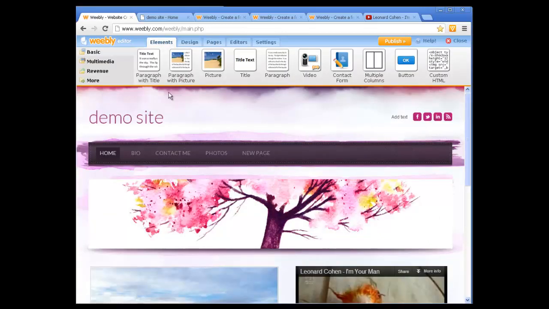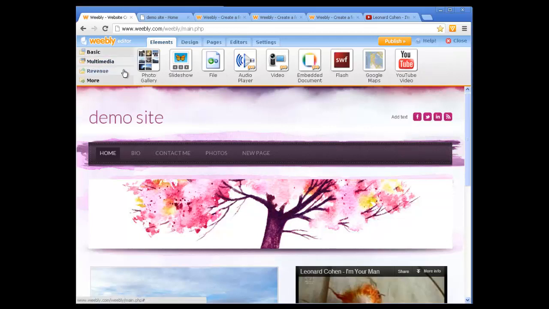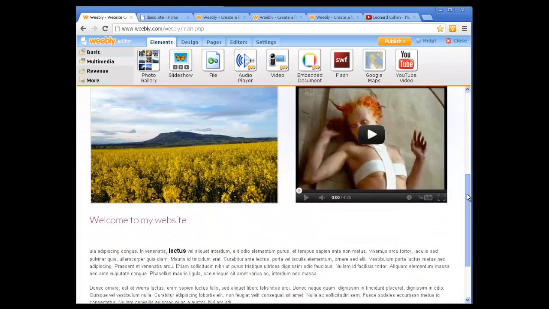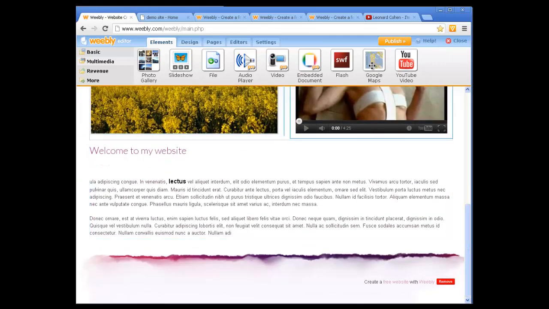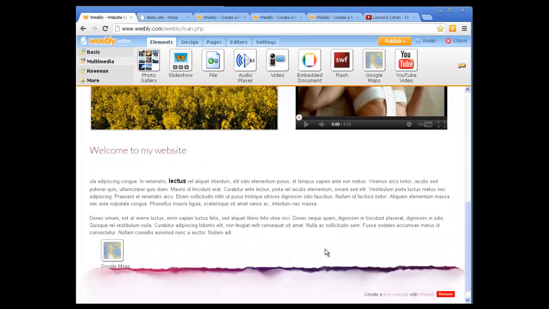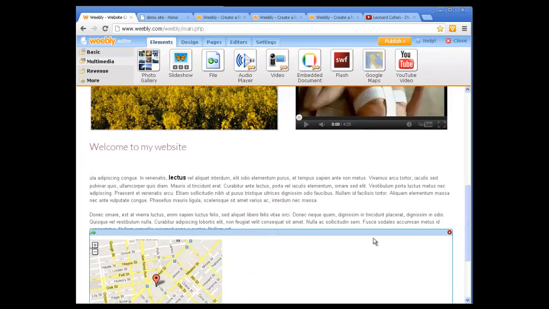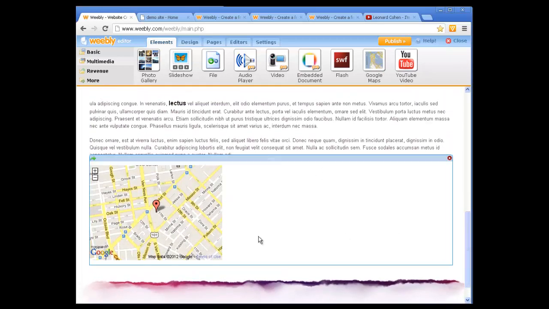If I go back to elements, that's your basic elements. Multimedia elements: photo gallery, slideshow and YouTube videos. They've also got maps. You can drop in a map. That's nice and simple. So if you had somewhere that you wanted to show how to get to you can drop in your map and you can key in. It should actually ask where you want to be,